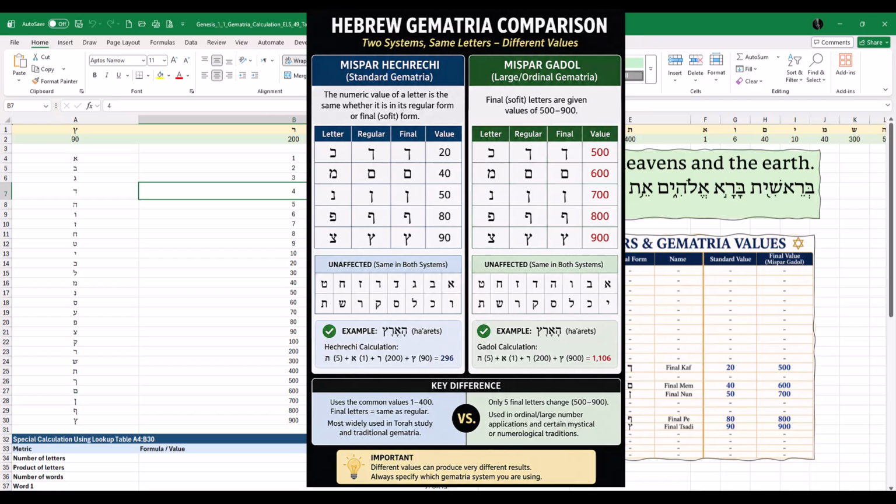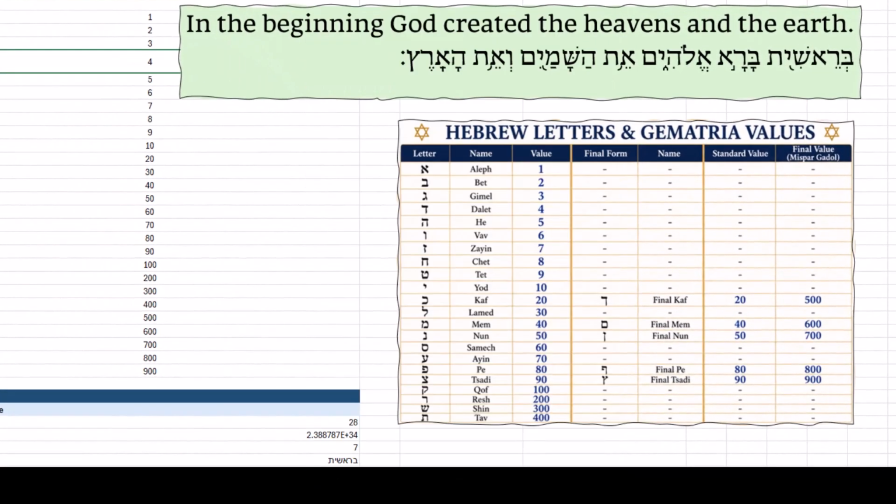So the older gematria, the one that Missler is using, is called Mispar Hechreki, and a little bit newer one is called Mispar Gadol. What's the difference between the two? Well, if you look in this table over here in the graphic here,